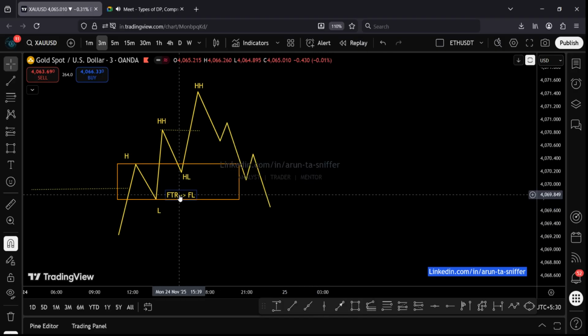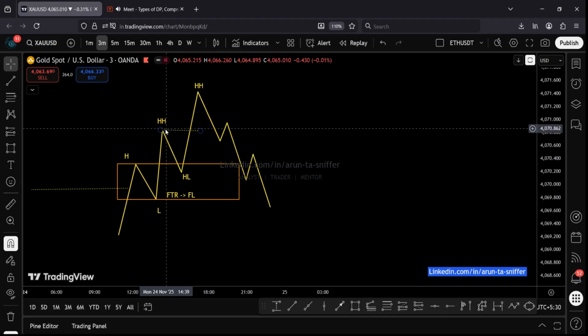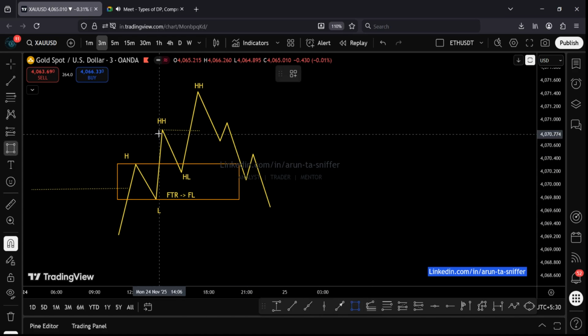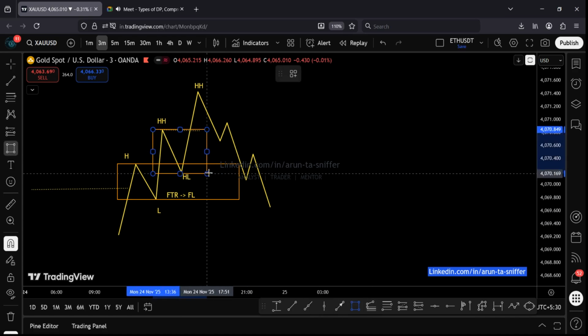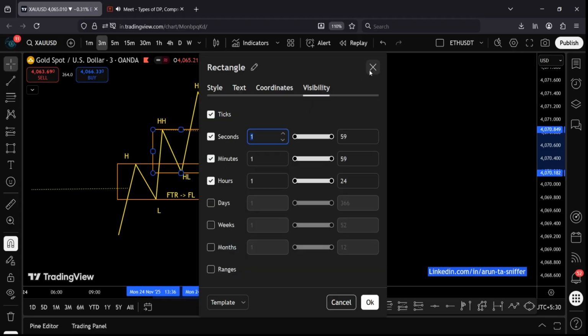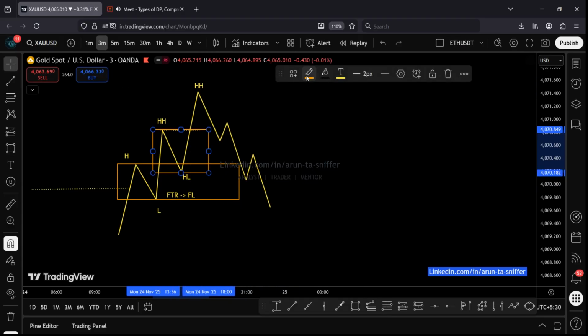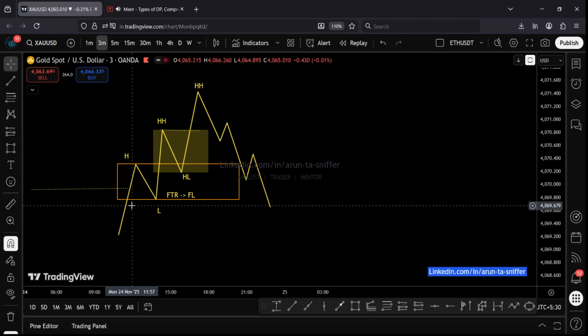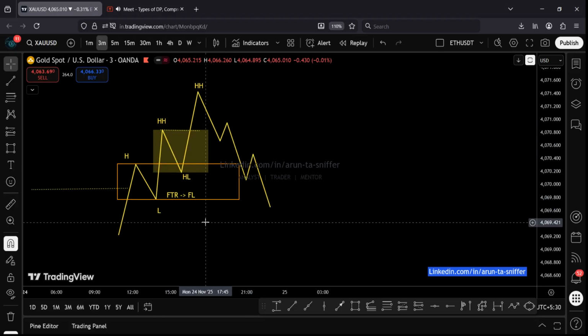This is FL. FL means flag limit. So if this is FL, then what do we call this zone? That's a flag. Yes, this is the flag. Let's denote it like this. This is our flag, and this is our flag limit, and we know that flag limits are also our lower time frame or lower scale flags.